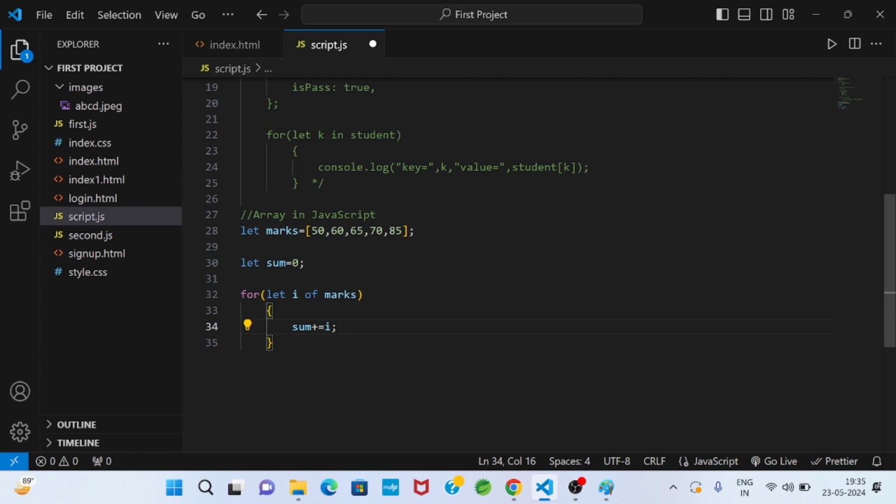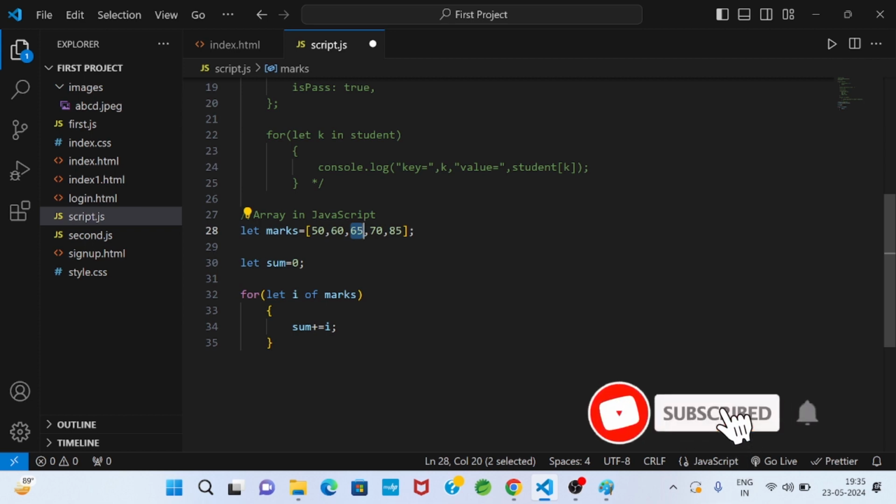After executing the body, control goes to the next data item, 60. It comes to i, the body executes again, sum is 50 plus 60, that is 110.